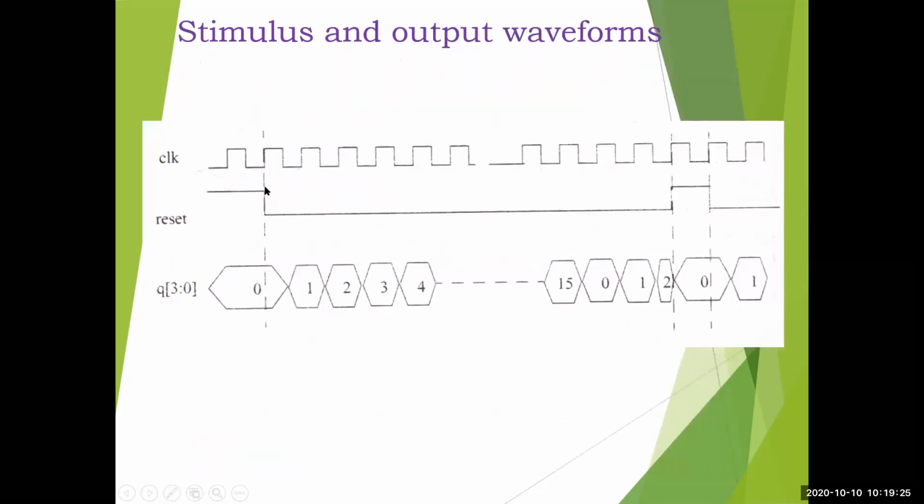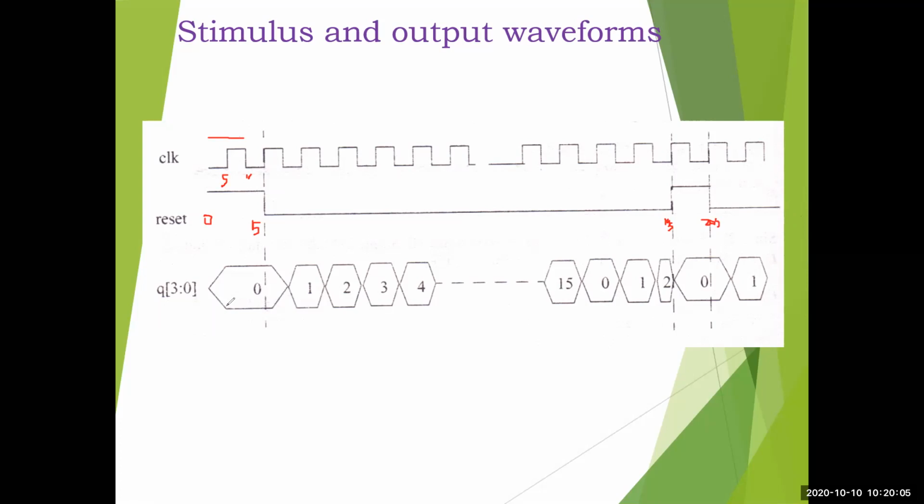Now this is the waveform I told you about. The clock toggles every 5 time units. You can count it here: 5, 10. This is one clock cycle, one down and one up, which is equal to 10 units. Like that it is continuously given from the clock. Then reset, we have started with 1 at 0, and at 15 time units we have made it 0. Again at 195 it is made 1, and at 205 it is again made 0, and after another 2 time units, at 220, we have made it stop.